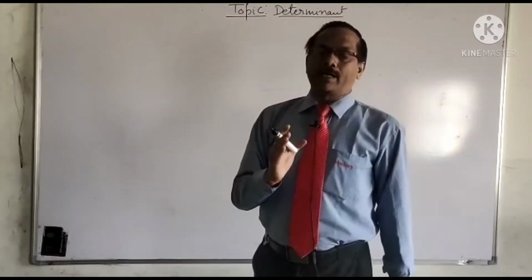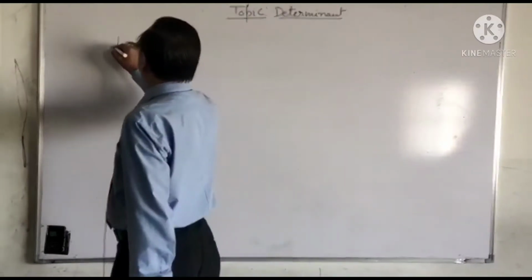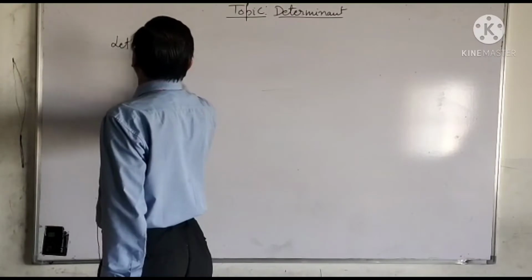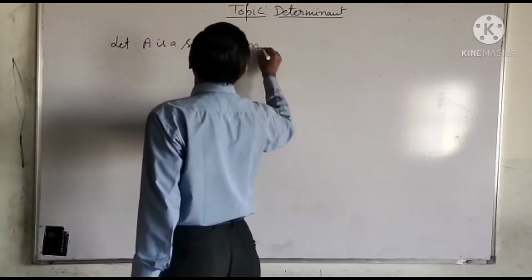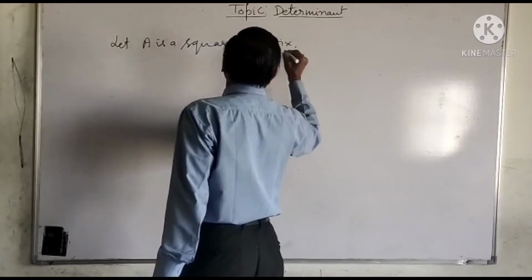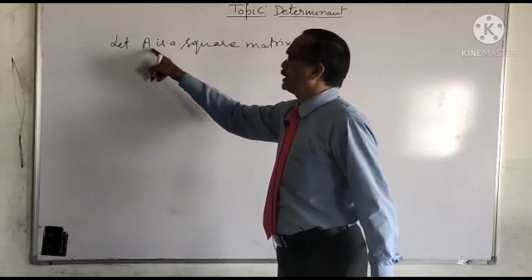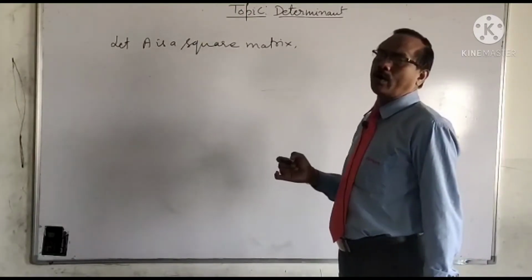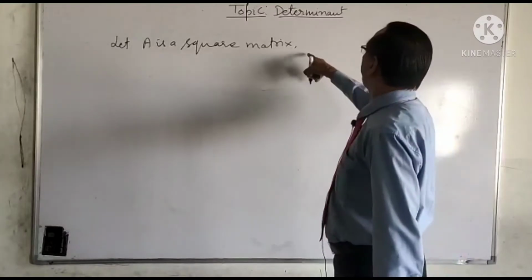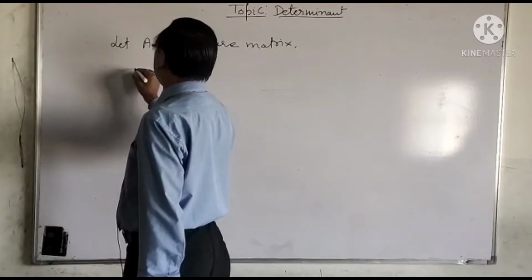Determinant is a number associated with the square matrix. Student, let A be a square matrix. Then there is a number associated with this matrix, which is called the determinant of matrix A. Student, determinant is represented by